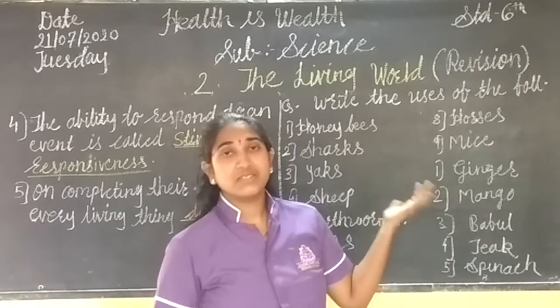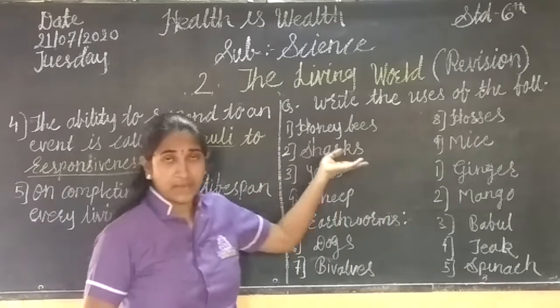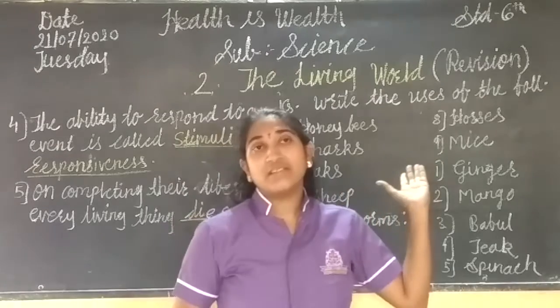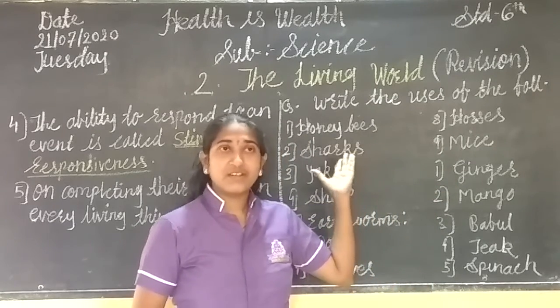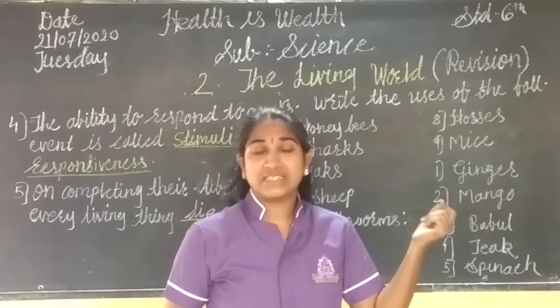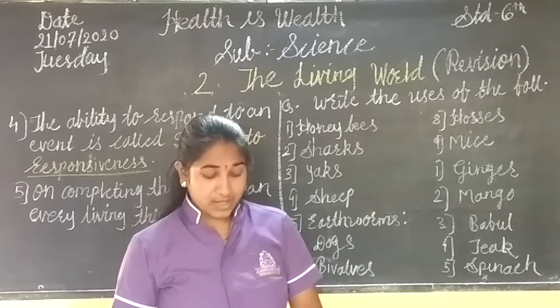See, shark is also very useful for us as the meat is used. Shark oil is made from the shark fish. Then next, it is in great demand in foreign countries. It is used in poultry feed also. The skin is also useful. Okay.